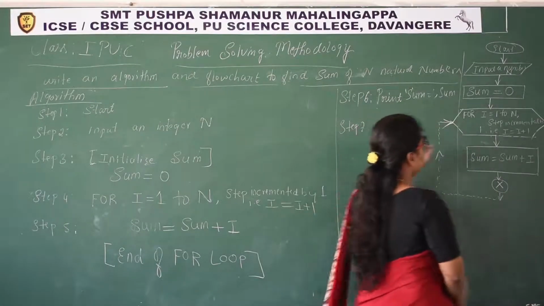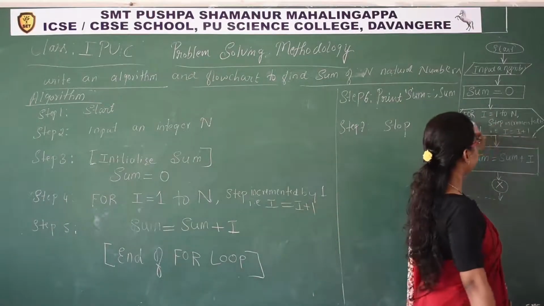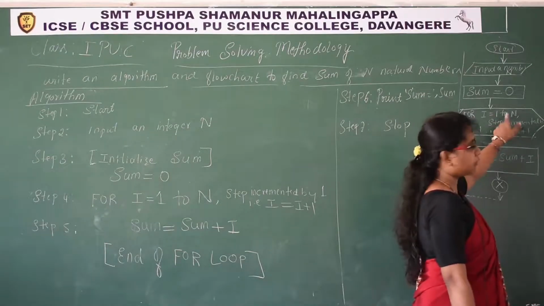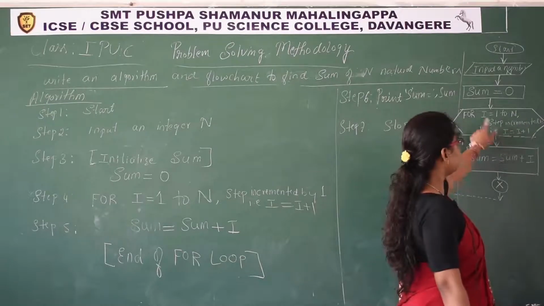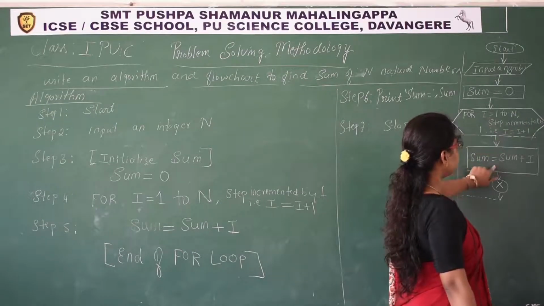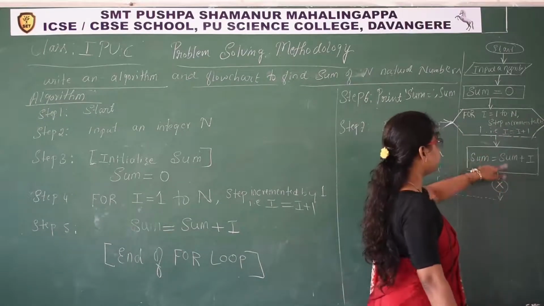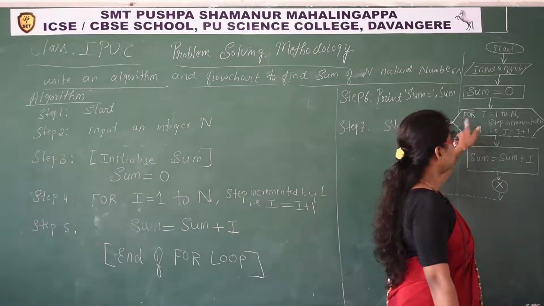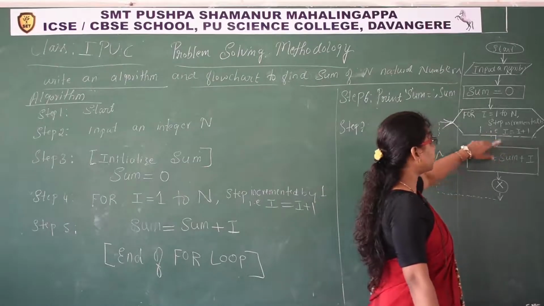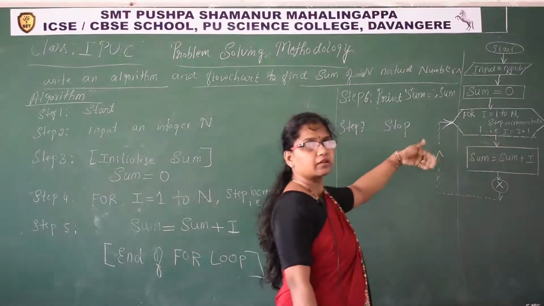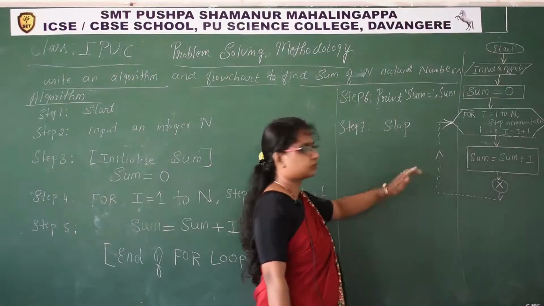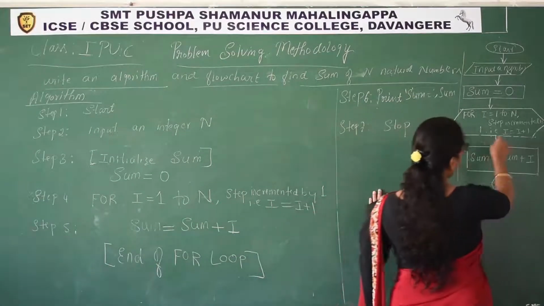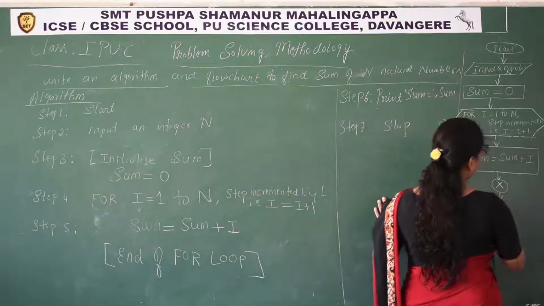You must show the direction in dotted lines for looping statements. What does it mean? So it is the header of the for loop, for I from 1 to n, isn't it? Every time I is incremented by 1. At first I is 1, it enters the loop, and it will be executed. Then again it goes back to the beginning of the loop. Again with the modified value of I, it checks. The implicit meaning is like that. After that, when this condition fails, then it comes out of the loop.